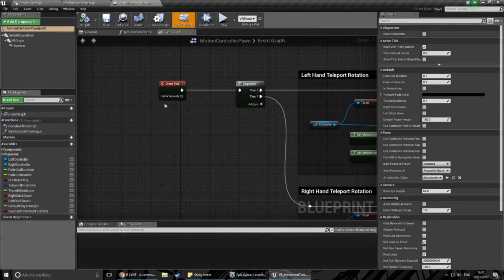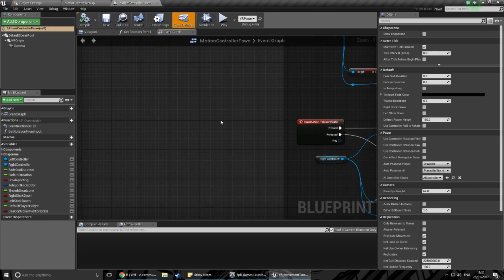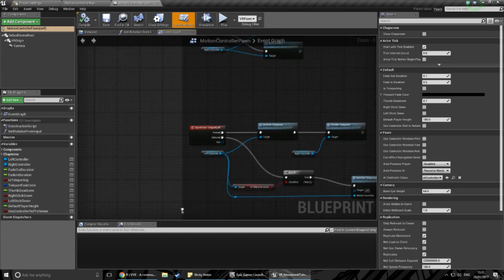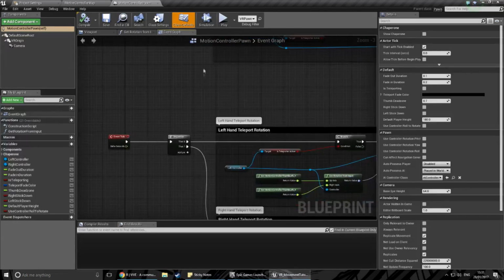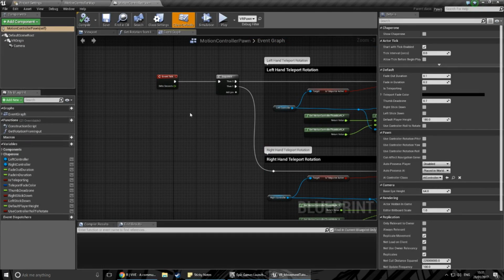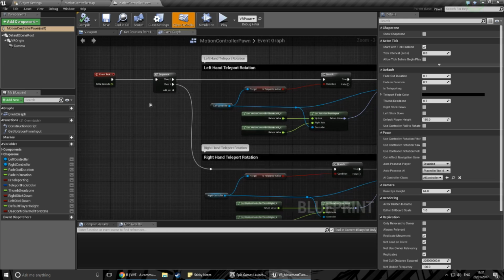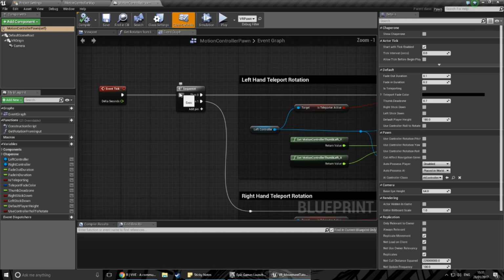Tick is an event that gets fired every single frame that gets rendered, which means it gets called a lot of times. Which means if you're doing something quite inefficient or doing a lot of stuff on there, it's not very good. You should be doing stuff based on input of what the player does, or on collision and that sort of stuff. Try and stay away from Tick. But since ours is such a dependent thing on Tick, or on how often it's been executed, we are going to use Tick for this. So we're going to do